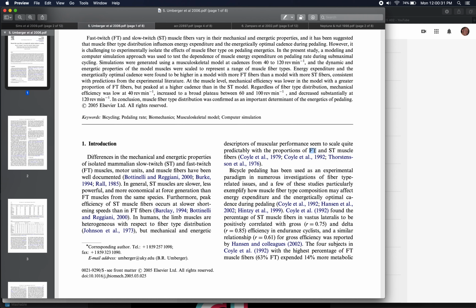The benefit of the fast twitch fiber then is it can typically perform that work faster. It's typically more powerful and has larger maximum force and larger power and faster shortening velocities and all these things that we typically associate with fast twitch fibers. But for endurance type performance, typically it's the less fatigable, more long-lasting, more efficient slow twitch fibers that we might